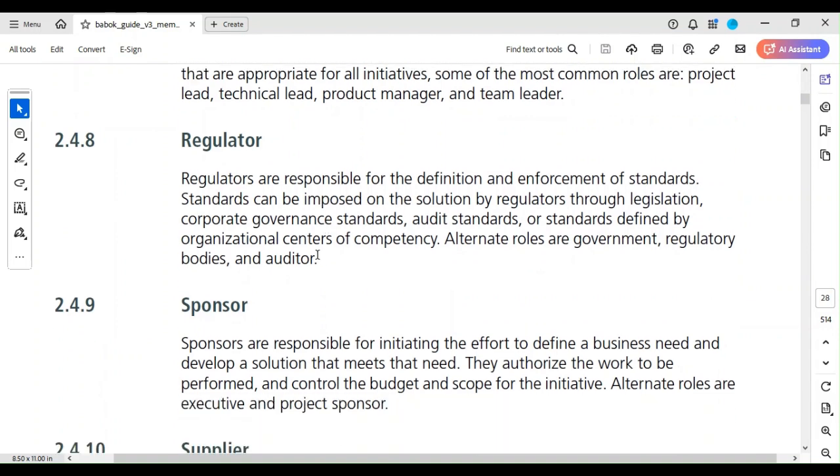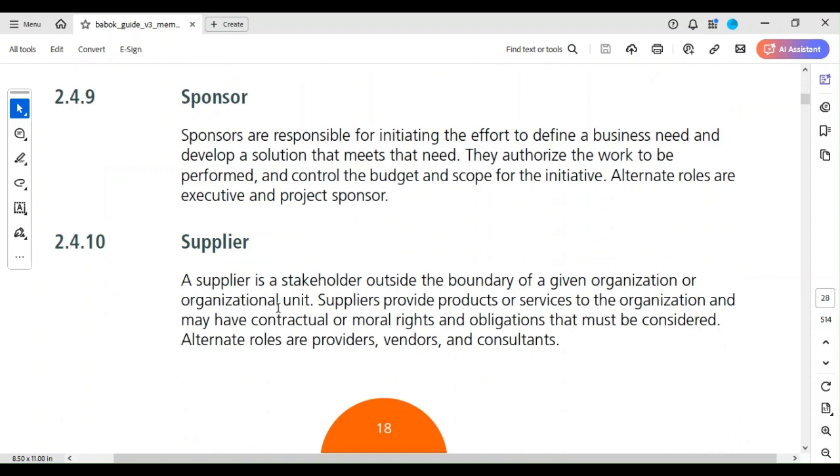Regulator, very important people. Regulators are responsible for the definition and enforcement of standards. Please, whenever you see standards in your simulator, just know that change. Like, well, we'll still get there. Let me not jump the gun. Standards can be imposed on the solution by regulators through legislation, corporate governance standards, audit standards, or standards defined by organizational centers of competency. Alternate roles are government, regulatory bodies, and auditors. Whenever the regulators come to your company, just know that